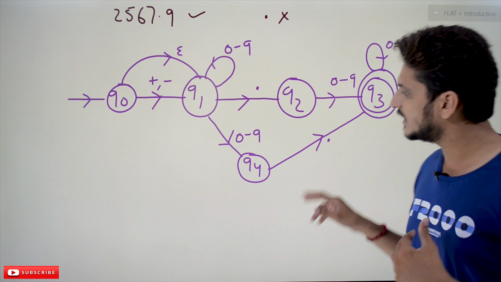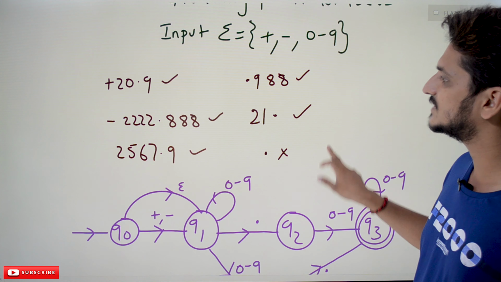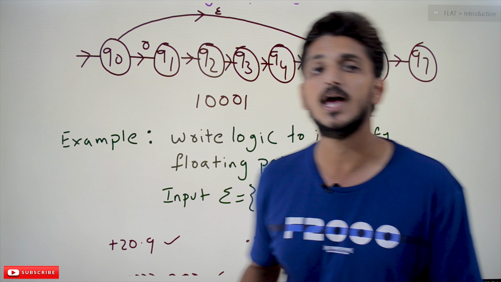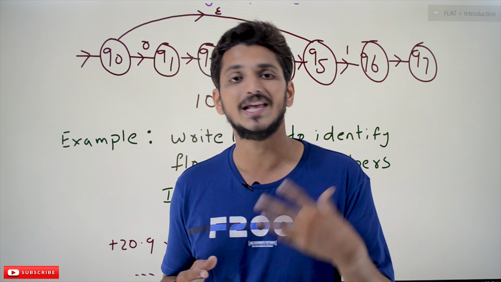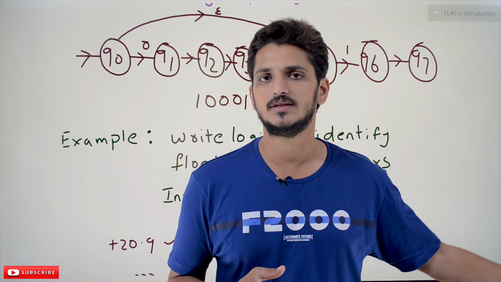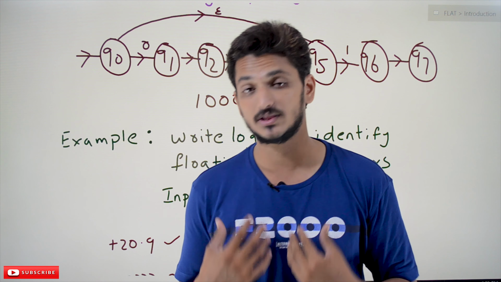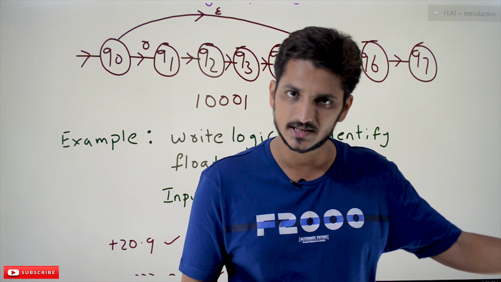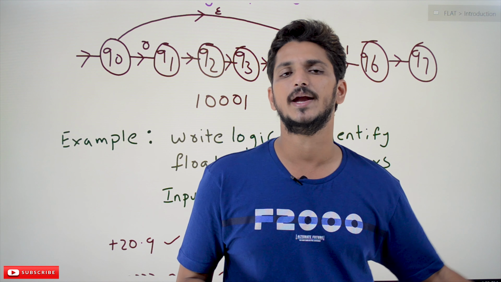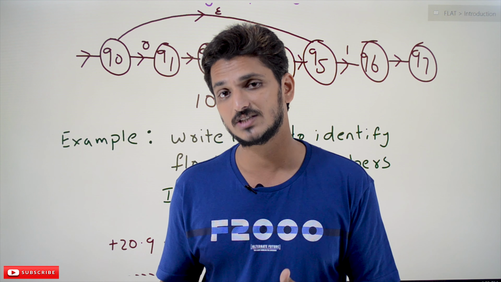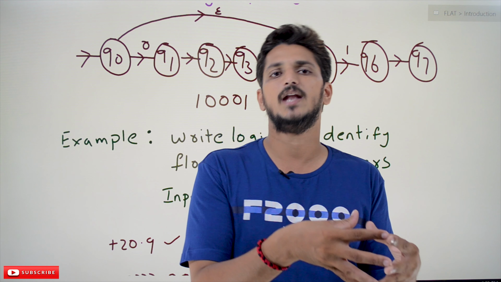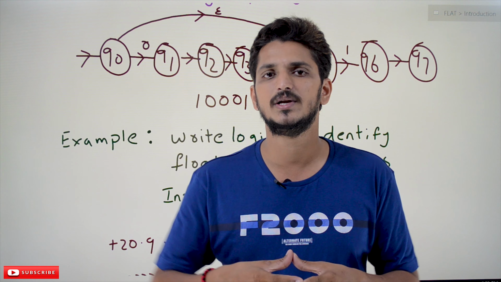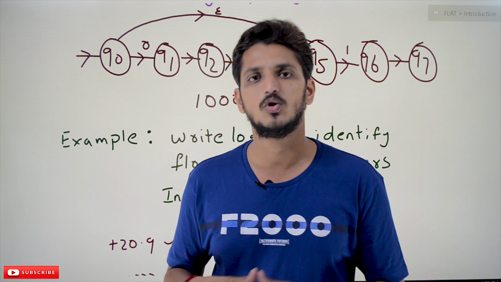Our point here is that you have to understand the use of NFA with epsilon moves. Writing logic in NFA with epsilon moves is a bit easier compared to the alternatives, and we have methods to convert NFA with epsilon moves to NFA, and NFA to DFA, which we already discussed. A DFA can be implemented. So in our next classes we are going to discuss how to convert NFA with epsilon moves into NFA. The procedure will be discussed in the coming classes. Hope you understand the concept.